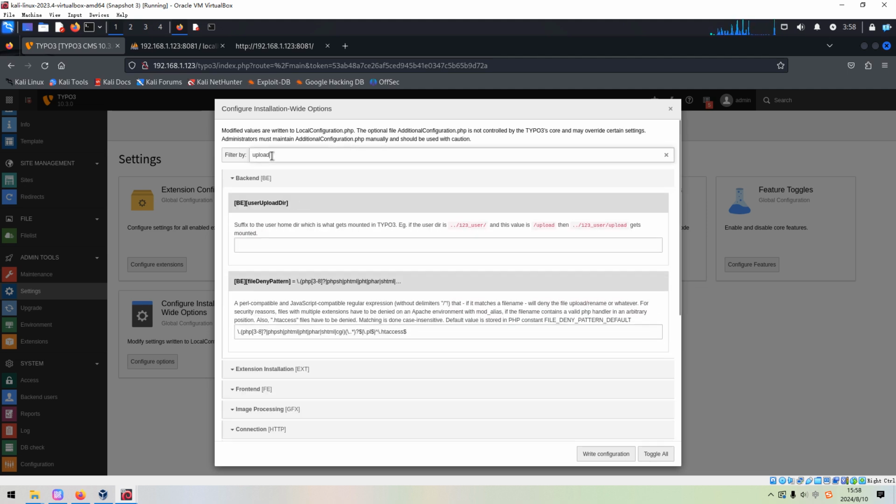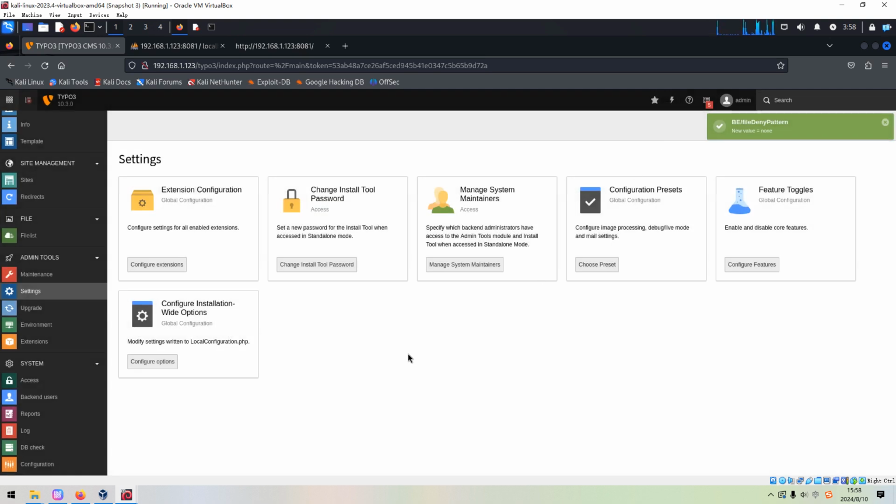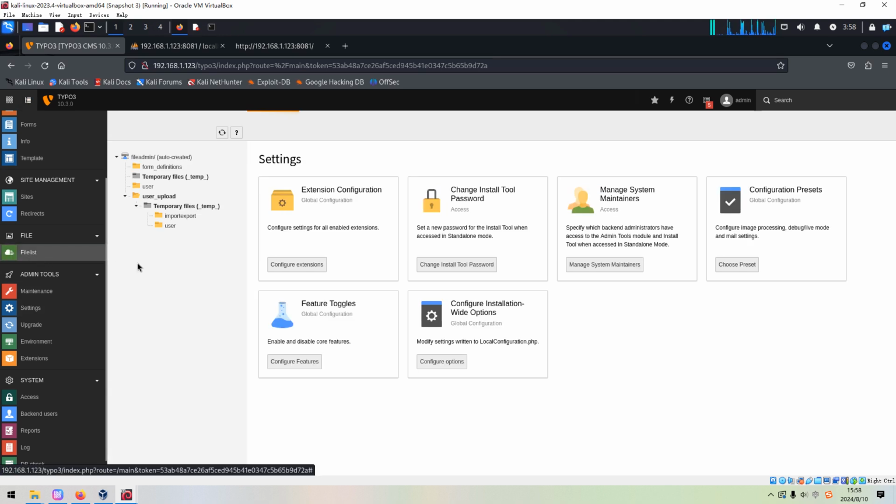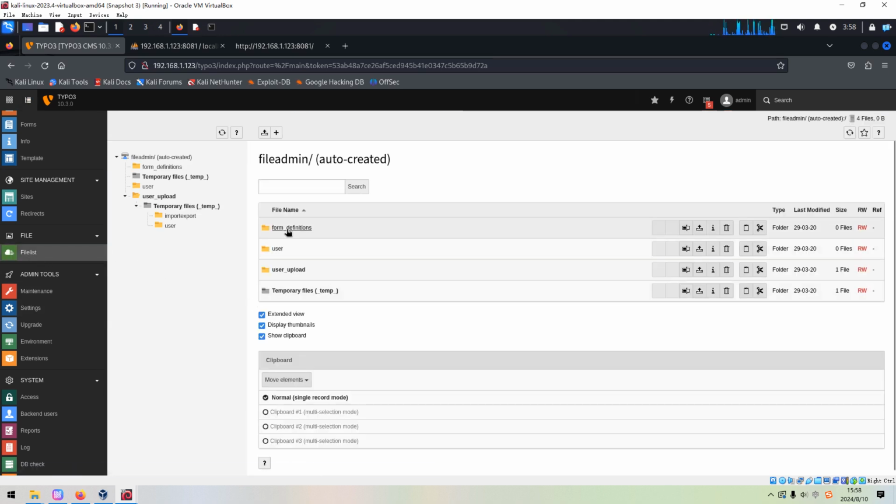So we want to modify such settings. As you can see over here, we want to remove any restriction. We can delete it, and then we can save or write configuration and close this window. Next, we can go to the file list to upload the PHP reverse shell file. Okay, file list, and for example, form definitions, we can upload.